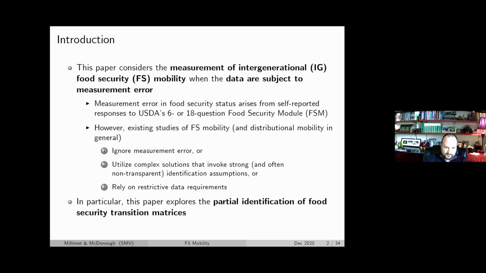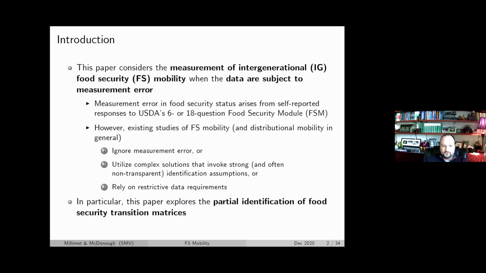There is a standard way of measuring it, for better or for worse. The USDA, the Department of Agriculture, has what they call the food security module that's been used for a long time. I don't know how far back it goes, but it is nice that there's a consistent set of questions that's used to measure this. Most of the time it's based on an 18-question module. There's a shorter 6-question one that surveys sometimes use if they're pressed for time and don't want to burden subjects. But typically it's 18 questions, the majority of which apply to adults in the household. And then the last few questions are only asked if there are children in the household.